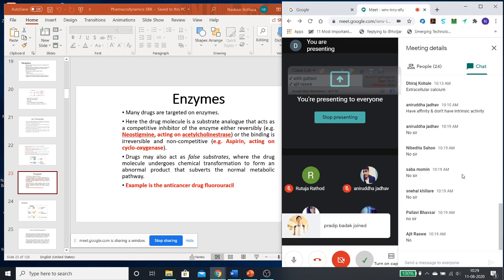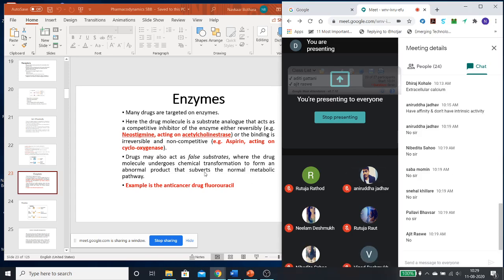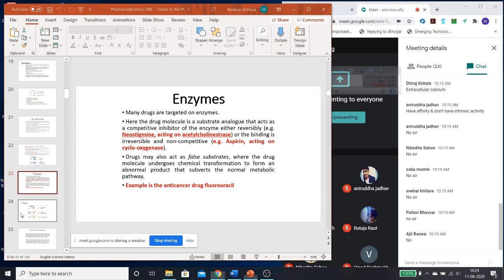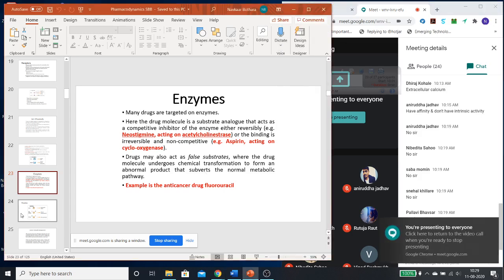That it was not substrate. The drug which is producing itself as a false substrate will get metabolized by enzyme, but will not allow the actual substrate to get metabolized, and since actual substrate will not be metabolized, the action will not be done. So this is how many anti-cancer drugs are working, or even we shall see that they are called as anti-metabolites. The word is used in chemotherapy and cancer treatment and viral treatment.